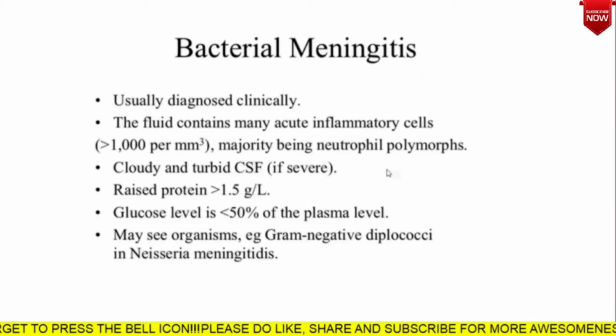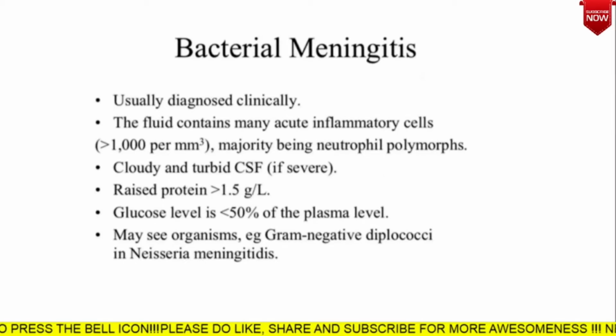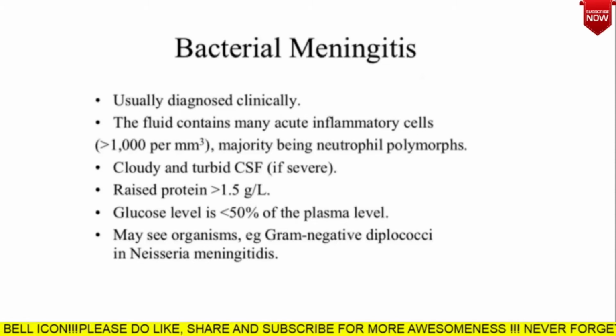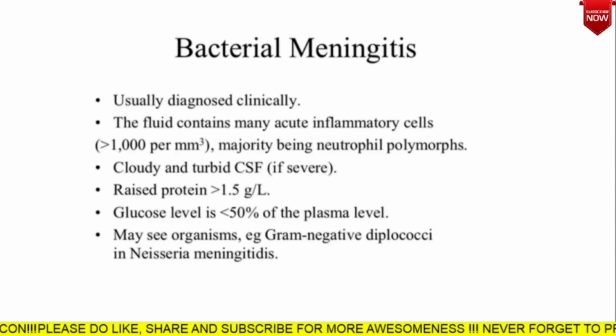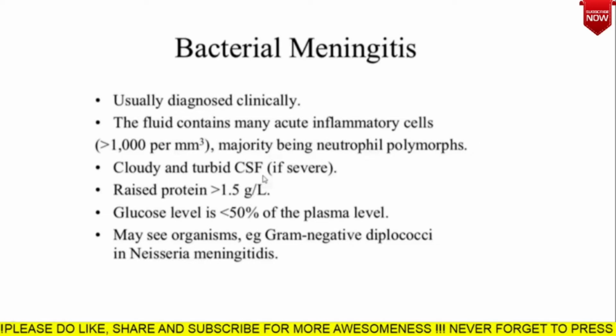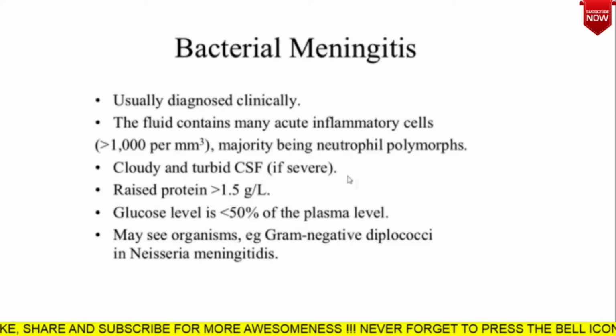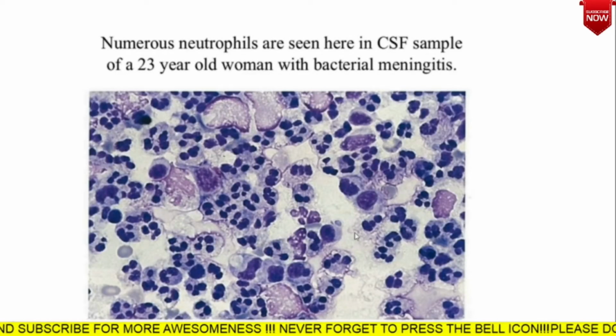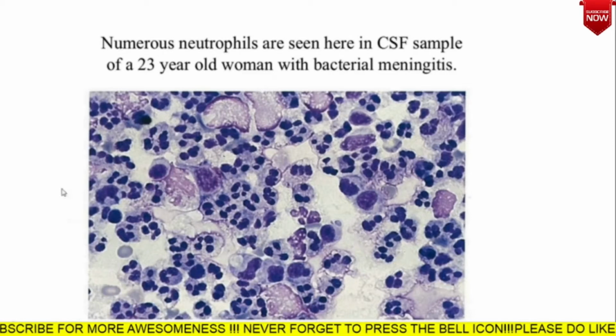Now, bacterial meningitis, this is a topic which is more important for you per se. It's a clinical diagnosis mostly, and the fluid will contain a lot of inflammatory cells, predominantly neutrophils. Cloudy turbid CSF is there with a raised protein level and a reduced glucose level. Now, this is a picture showing numerous neutrophils in the CSF sample of a 23-year-old woman who